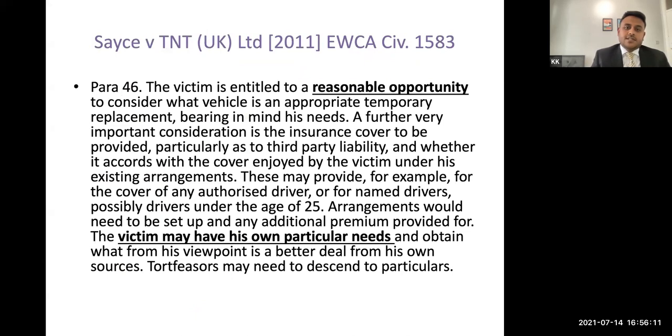Paragraph 46 of the judgment is also of importance, and what can be gleaned from that is that the victim is entitled to a reasonable opportunity to consider what vehicle is an appropriate temporary replacement, bearing in mind his needs. Looking at that paragraph in full, what we can also see is that the claimant is effectively entitled to make